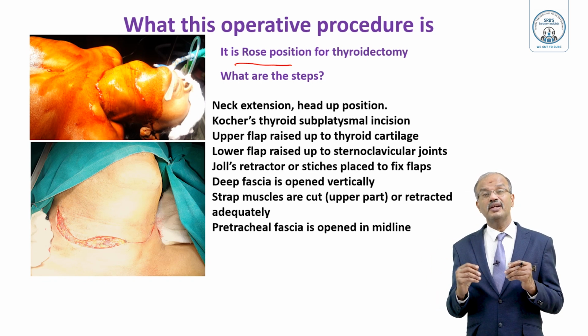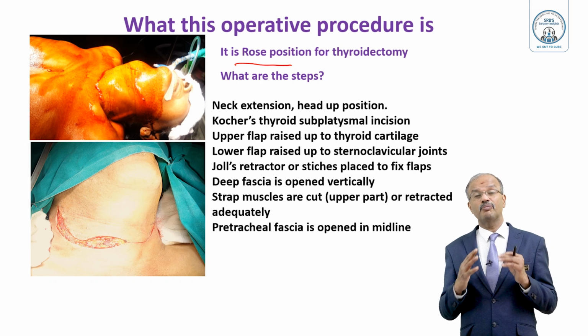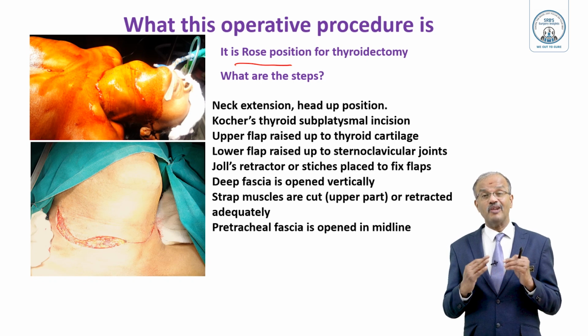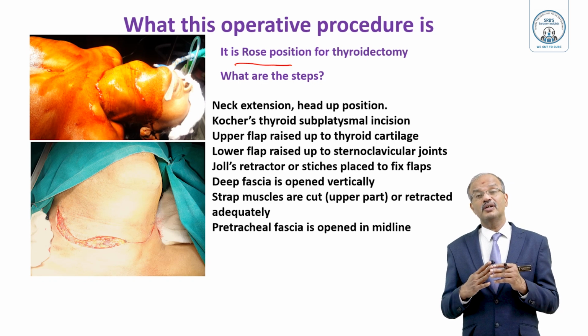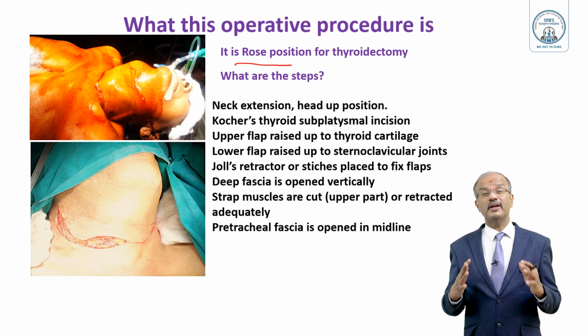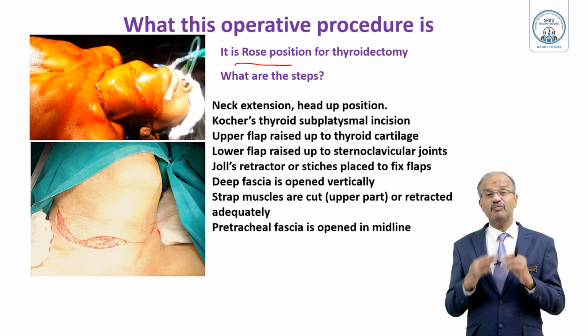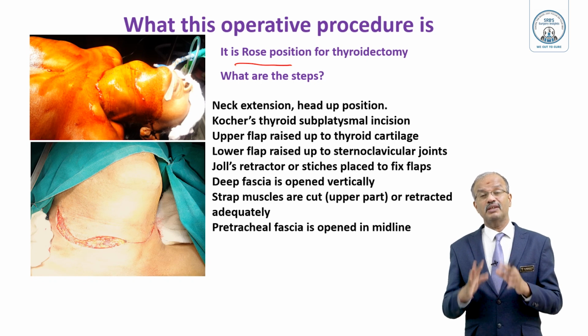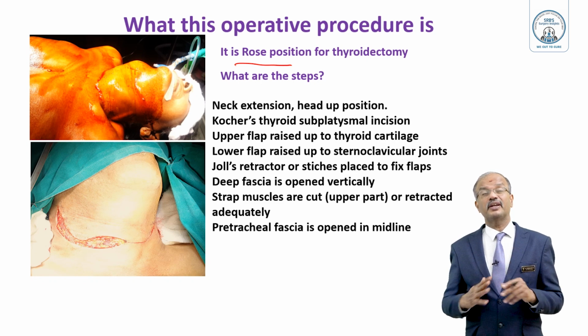All bleeders should be controlled by proper hemostasis using bipolar cautery and careful use of monopolar, as monopolar lateral heat may injure or cause neurapraxia or injury to the recurrent laryngeal nerve and parathyroid. That is the point you have to remember. Once you have hemostasis, remove the sandbag. Then again confirm the bleeding, give a warm saline wash, watch for any bleeder, then push a suction drain, then